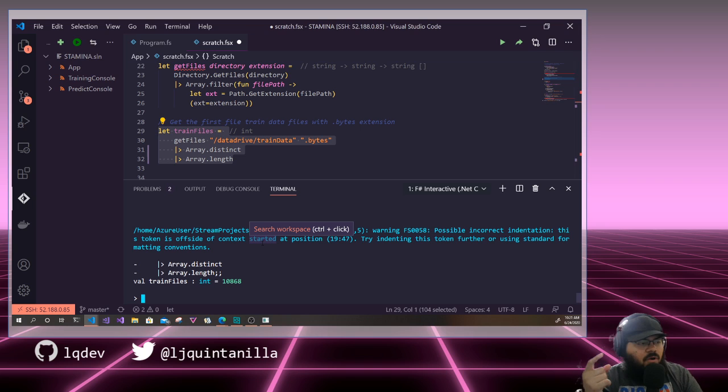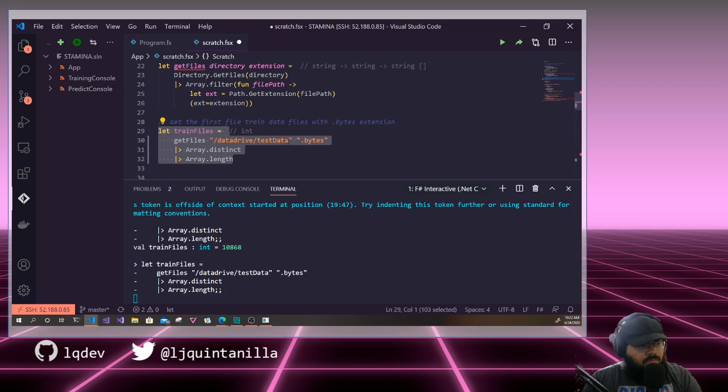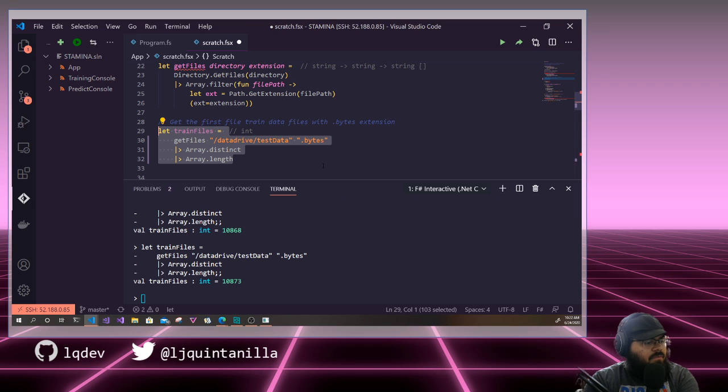Now, the weird part here is, I don't know. It could have been a mistake on my part that when I was doing the test data, I actually used the train data. So that could have been one of the reasons why I sort of messed up last time. But again, that's what we're trying to correct here. Now, if we were to look at the test data now, and we were to do the same thing, are all of them, okay, 10873. Cool. All right, so now that we know that all of them are distinct,